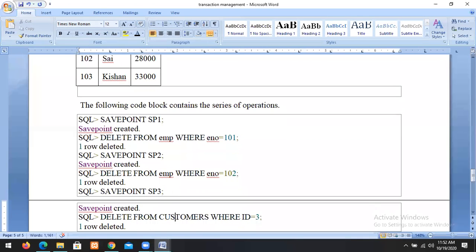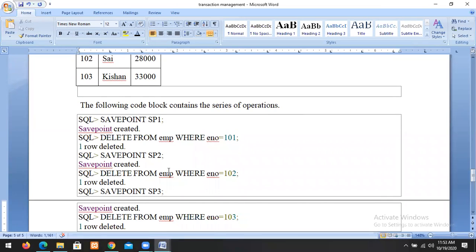Delete star from employee where employee number equal to 103. So I created 3 save points: save point 1, save point 2, and save point 3. Save point 1 is to delete employee 1. Save point 2 deletes employee 2. Save point 3 deletes employee 3.